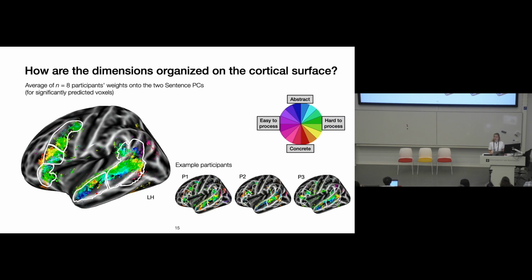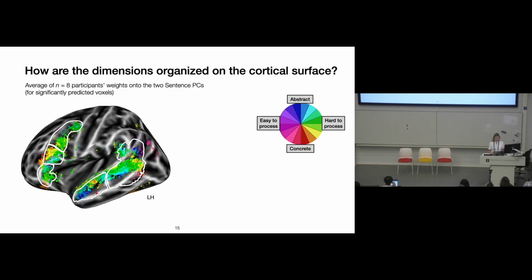participants. I want to emphasize 2 points. The first one is that there's shared spatial organization across brains. This map does not look random. Rather, there appears to be some core systematicity across individuals in how these two dimensions are spatially distributed, demonstrating a large-scale organization across brains. Second, these brain maps are dominated by a subpart of the space, up here, meaning that across these frontal and temporal regions, most voxels are tuned to hard-to-process and abstract sentences.